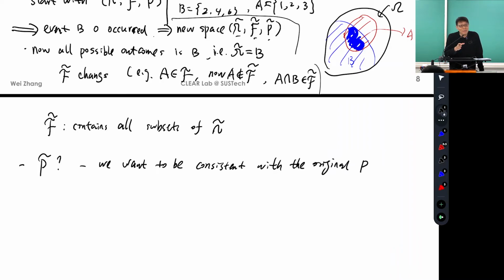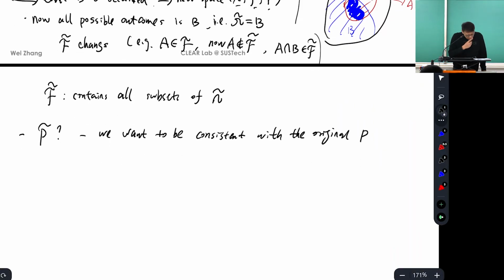It's just one thing happened. It's just one event occurred. I want the original measure to still be able to guide us to determine this P tilde. For example, I would say, suppose